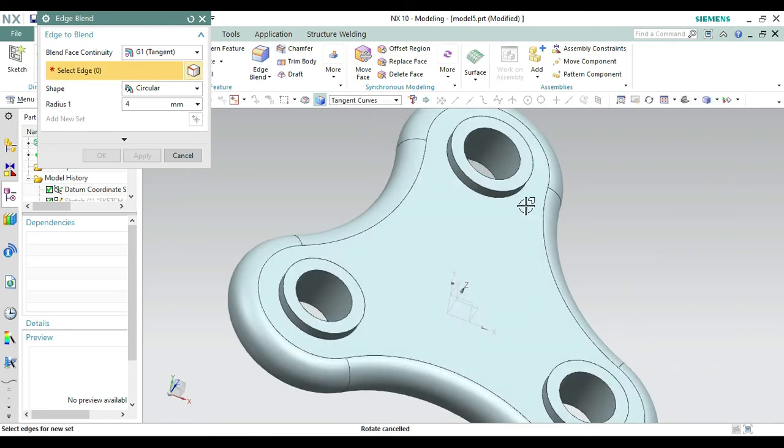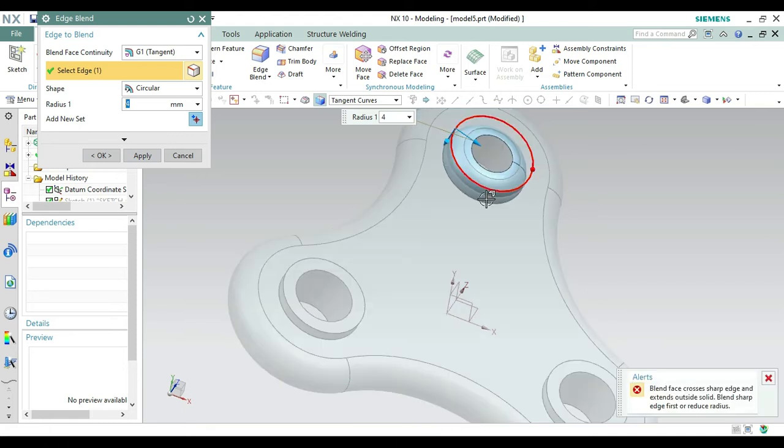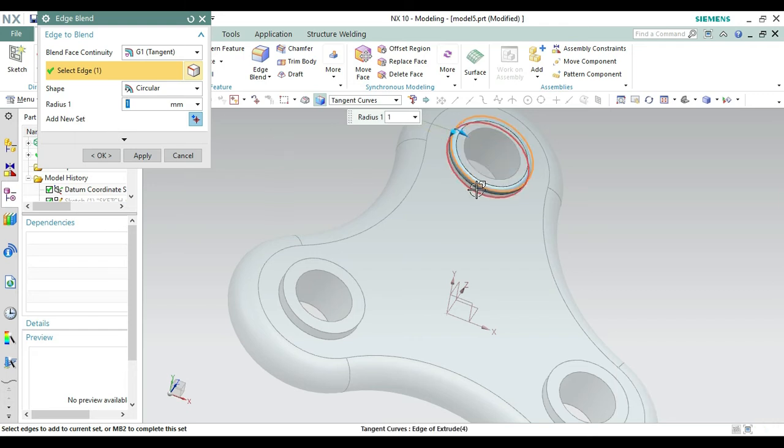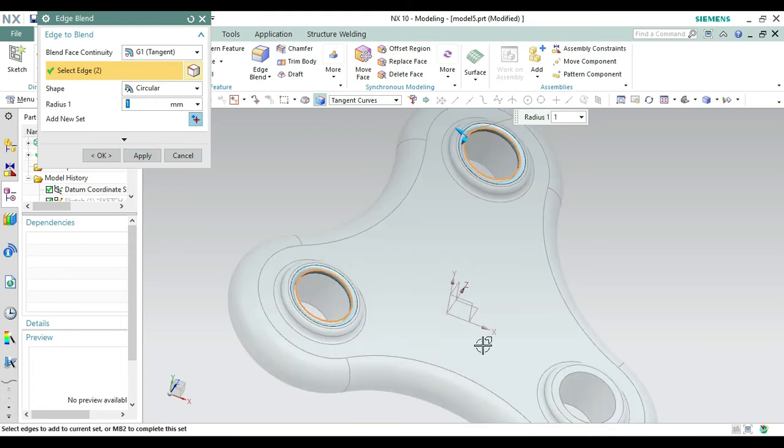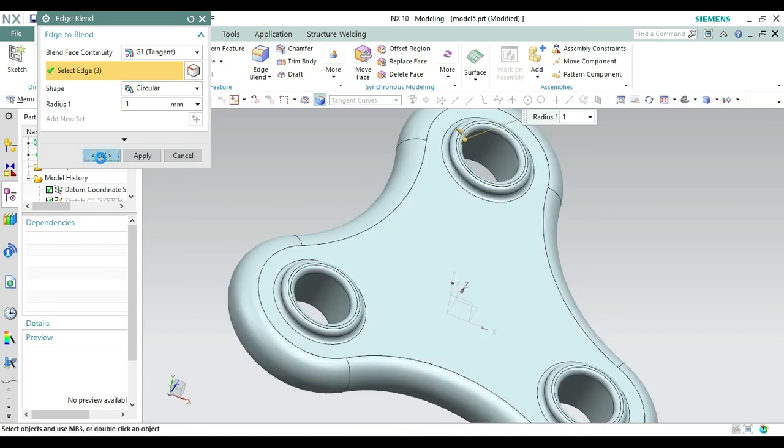Now we have to work on this, so select this curve and select that, make it 2, because we have created an extrude of 2. Then select one radius and select this one. Then select this and select this, then again select this one, select this 2. Okay, now apply like this one. Now we have to do similar work with that. Select this one, again select this one, again select this one, make it 1. Okay, no problem, make it okay like this.